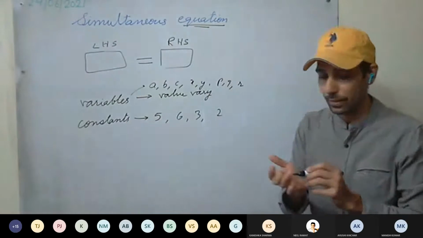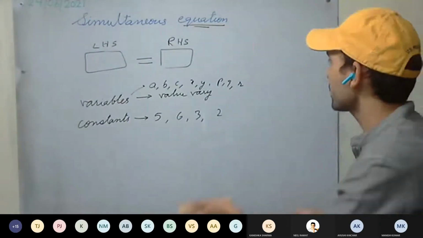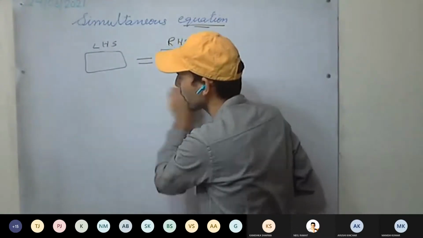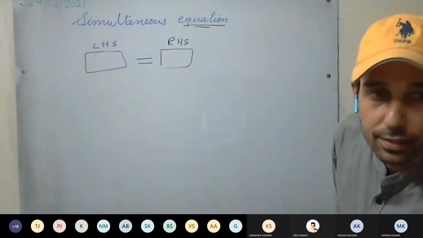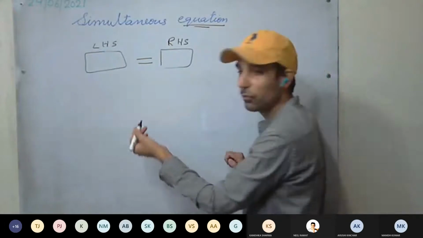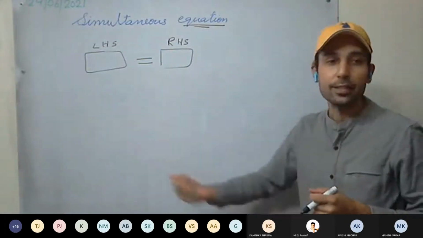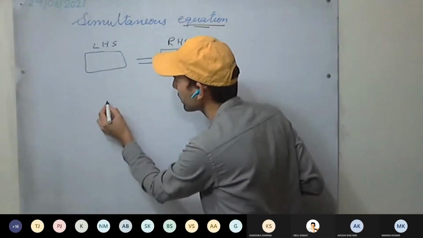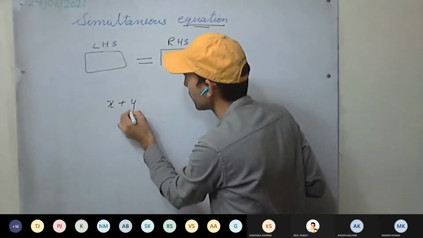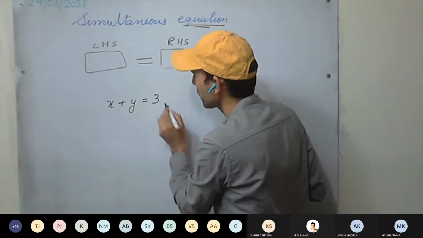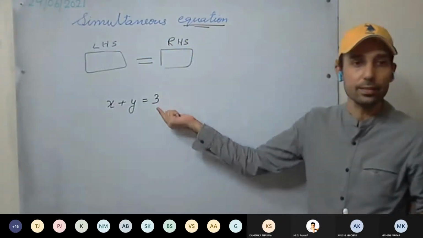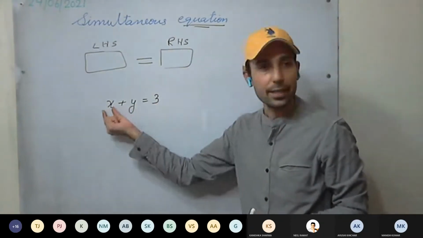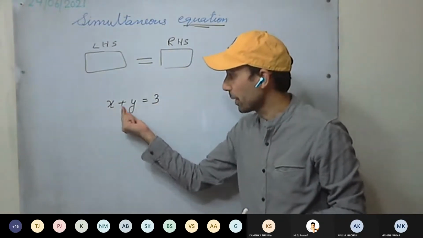Last year as well we discussed these, and then we discussed different kinds of equations. Okay, like equations having degree 1, degree 2, 3, 4, 6. These degrees may vary from equation to equation. So for example, I am writing an equation with a constant 3. What is the degree of this equation? Degree means check the variables. Variables are x and y. Okay, they are connected by a plus sign.